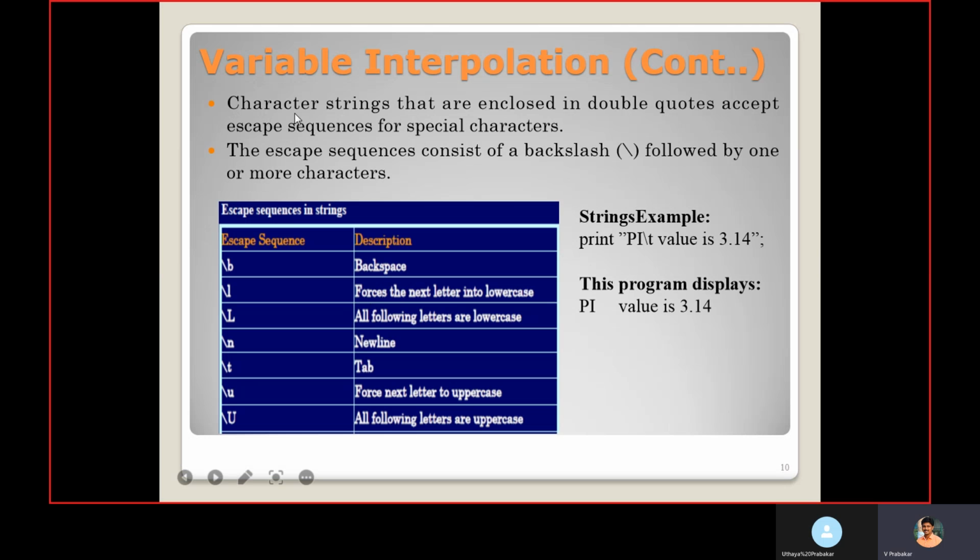Then character strings that are enclosed in double quote accept escape sequences for special characters.